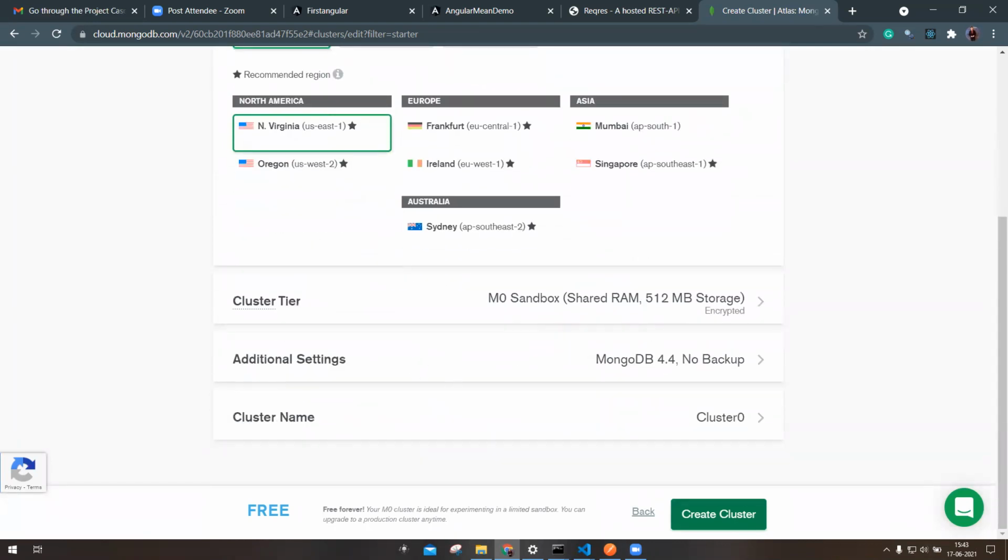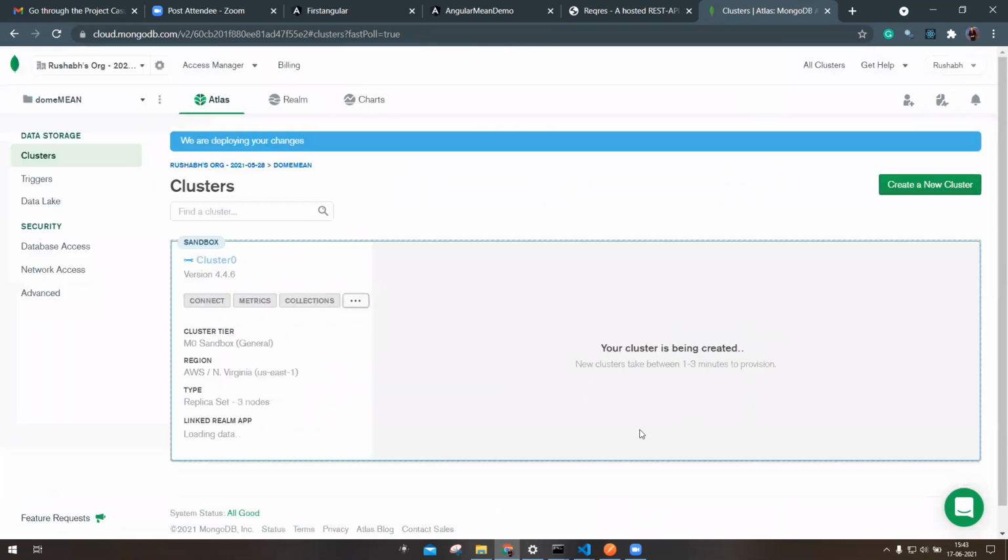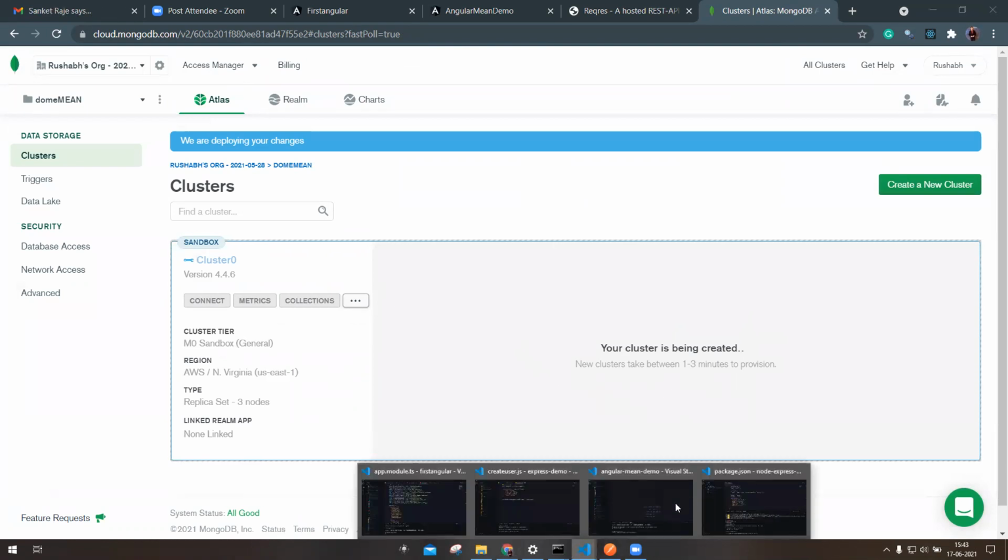For now I just hit the button create cluster with the default settings. It will take 1 to 3 minutes to start this cluster. Till then, we will set up the Node.js project.